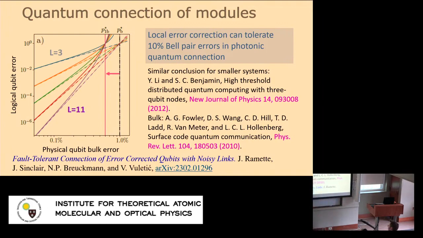Current experiments are somewhere around here, where there's still a bit of difference, but once we push towards 99.9%, basically it will cost nothing to implement these Bell pairs, as long as you can make them with 90% or more, which has been demonstrated in experiments. And then basically the main challenge is how to generate Bell pairs at a sufficiently large rate in the system.